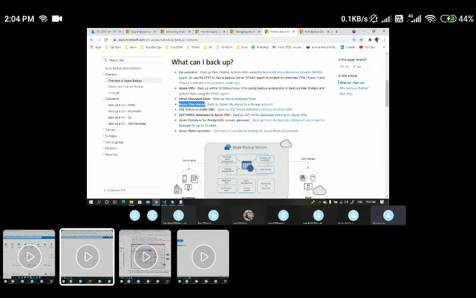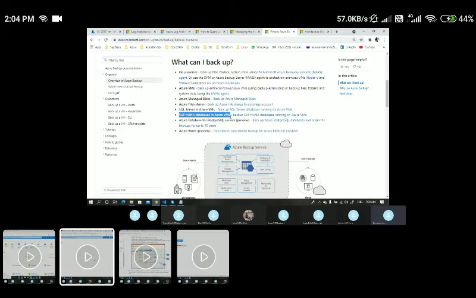And Azure file shares, we haven't discussed it. Maybe we'll see this later. It's one of the storage account topics. We'll see that later. We can also take a backup of SQL Servers which are created in Azure VMs. This also we'll see in detail. In addition to that, we have SAP related solutions also within Azure.